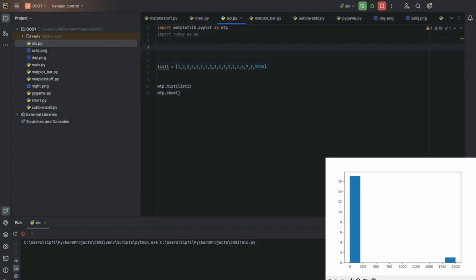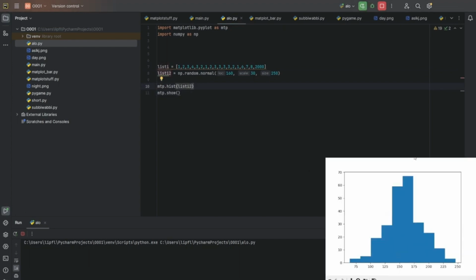Let's create list t2 equals np.random.normal. Let's do 160, standard deviation is, no, let's do 30, and let's do 25 times, and let's do it with list t2. Here we go. Now we got some random numbers mainly around 160 with some standard deviation, and